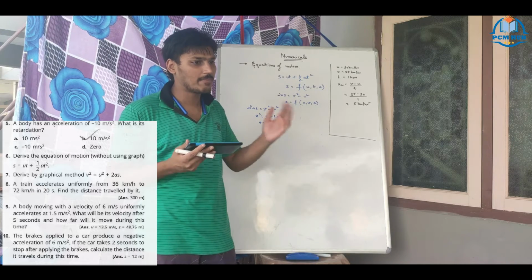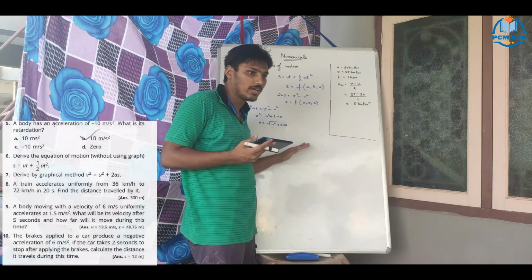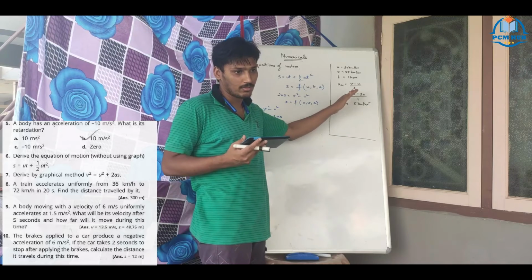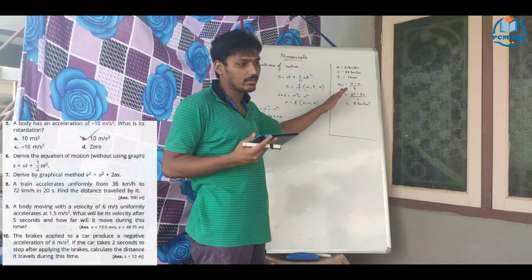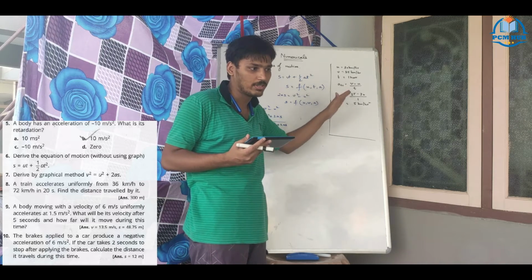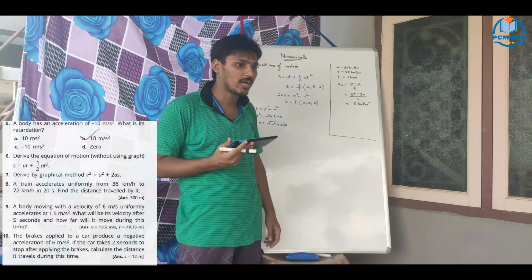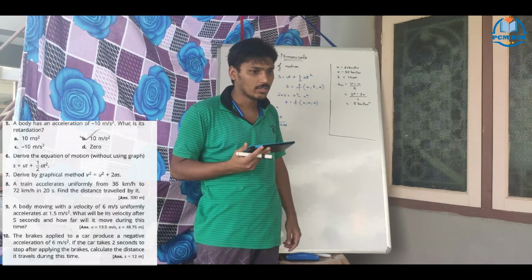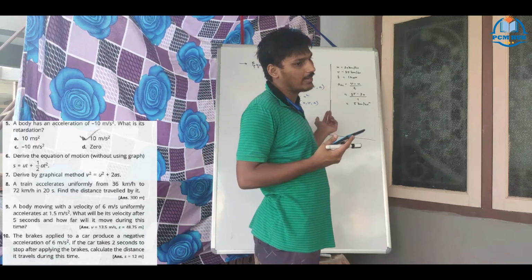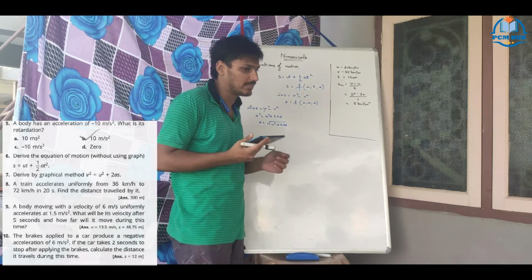For your overview, I am again telling how you derive. We take a graph, with u here and v here, and we have uniformly accelerated motion. First we take acceleration equal to v minus u by t. It is a slope. Acceleration is the slope of the vt curve, and the slope of the xt curve is velocity. So acceleration equal to v minus u by t. Now rearranging the terms, you will get v equal to u plus at.